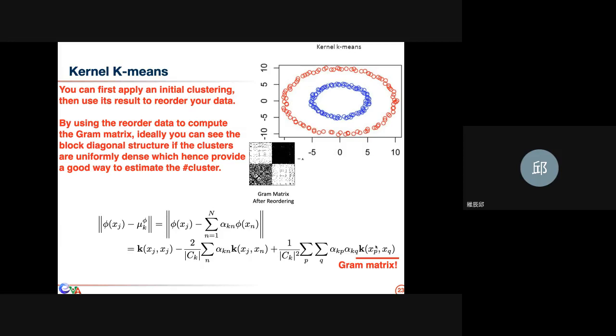So we try to use the kernel function. That means we first project our data points into a high dimensional feature space, then we perform k-means over there. All the computation of k-means can now be replaced by the kernels, but you still use the same two-step algorithm, the M step and E step, to get the solution of the